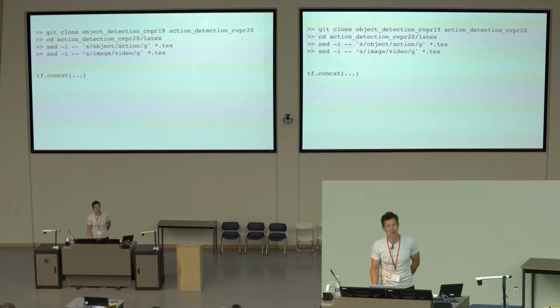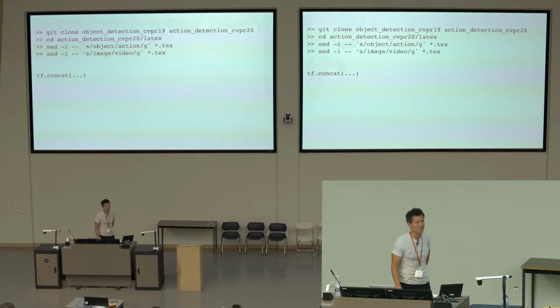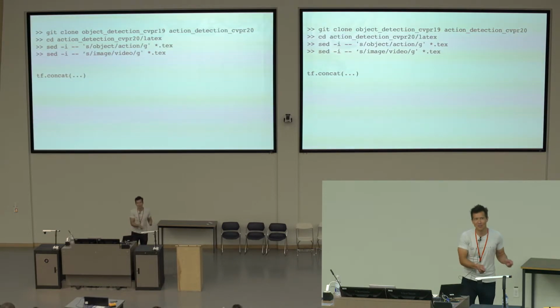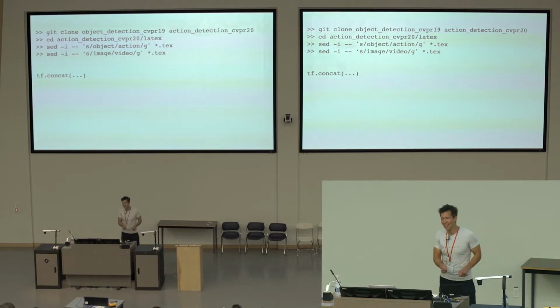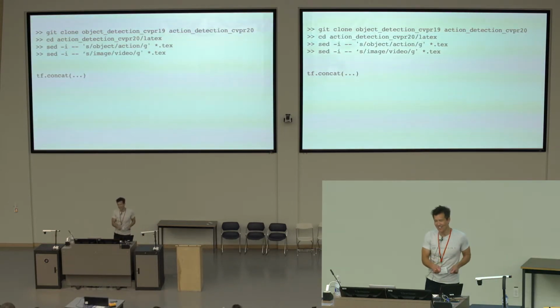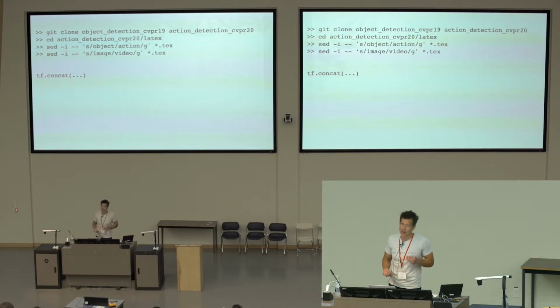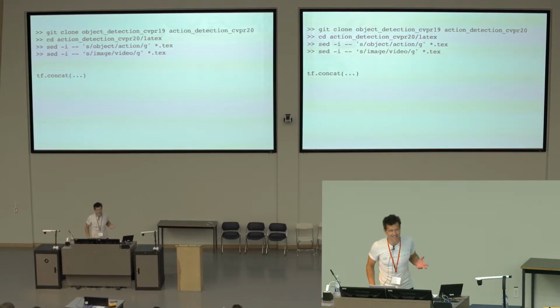Okay, so how do you produce a paper in activity recognition? You read a paper from last year on object detection, and then you say, oh, that's a really good idea. I'm going to do that for action detection. I'm just going to replace all this stuff and run some TensorFlow concat operators to throw in things that are different. Okay, so there is a lot of this that, for better or worse, goes on in the community.